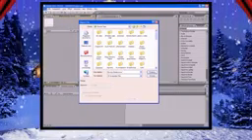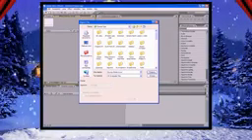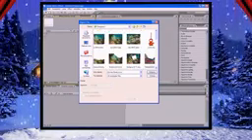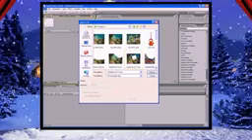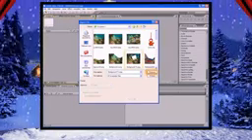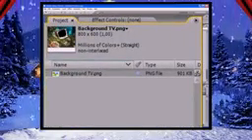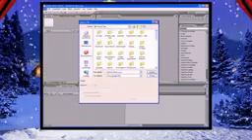In the File menu, select Import File. This will display the import window. Go there in the folder Lesson 1 you just had created, and select there the image Background TV. Click on Open. Well, you imported Background TV and it appeared in the project window. Similarly, import the next file, which is called Fish A.